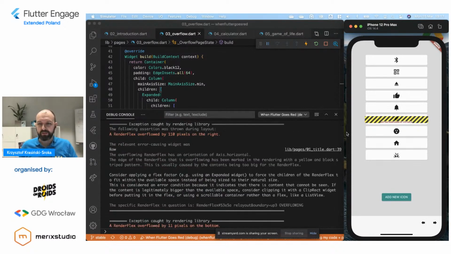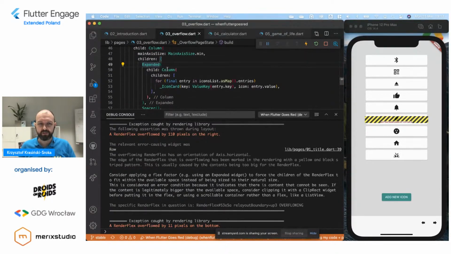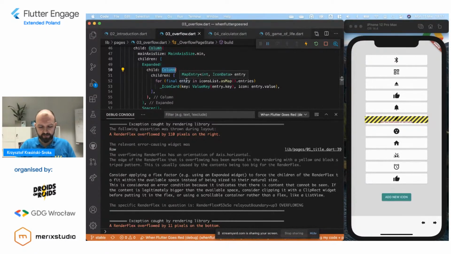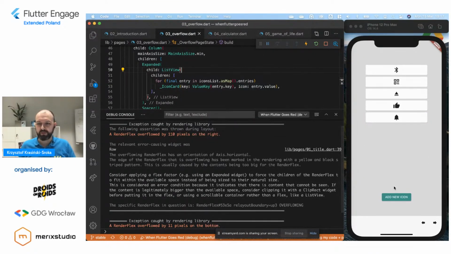It still is expanded. Oh, and why does it happen in the middle of the screen? I'll show you later how to actually debug this case, but I know how to apply a correct solution here. So what do we actually need? I want this to be, for example, scrollable. We want everything of this to be scrollable. So how about if I apply some different scrollable widget?